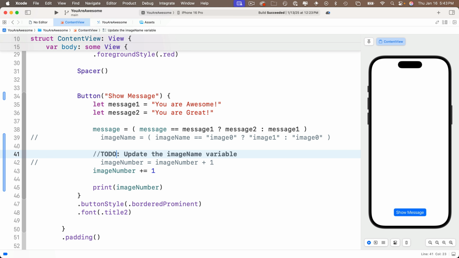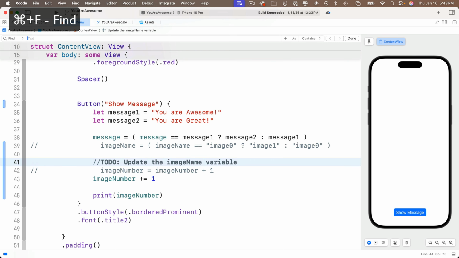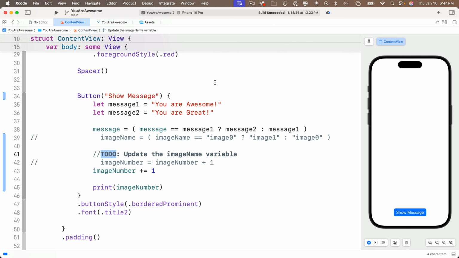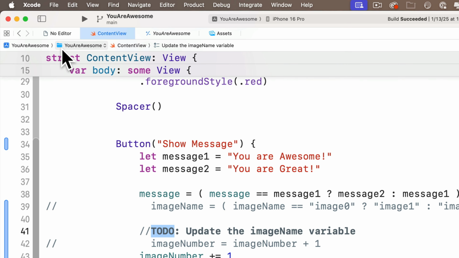Now if you consistently use the word TODO in your Xcode projects, then you can use Xcode's find feature. Like most apps, you can bring up the find command with Command F. The find area appears at the top of the code editor, and you can search for a phrase like TODO and find it. But there's also a jump bar in Xcode, which we haven't used yet, but it's pretty